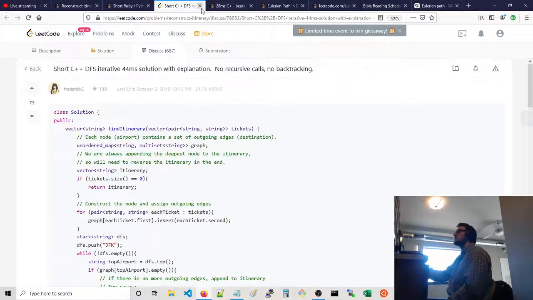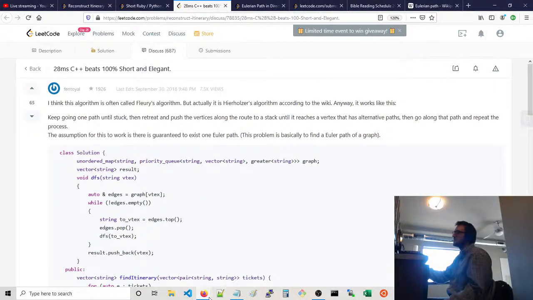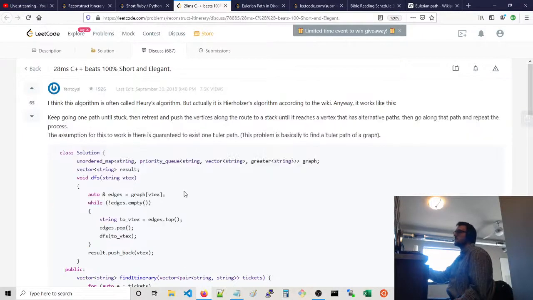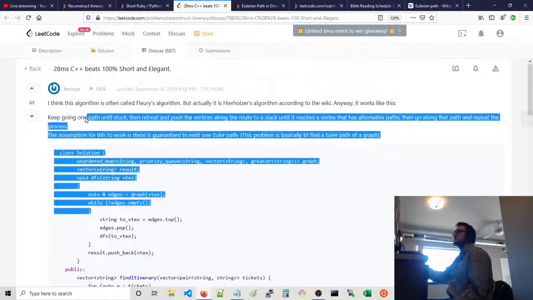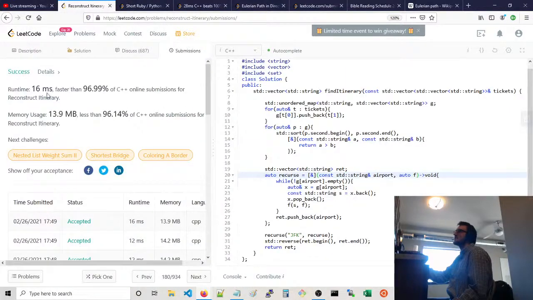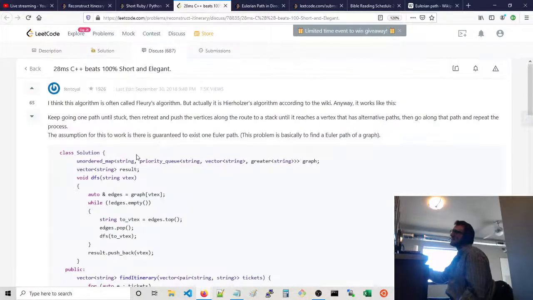Yeah. It's iterative, but it's not too impressive as far as things being iterative. Beats 100%. Not my solution. Mine's faster. Well, it's not really mine. I wouldn't say it was mine. It's a slight modification on